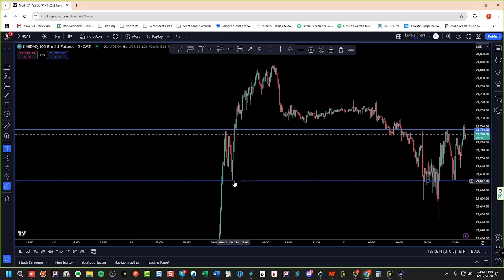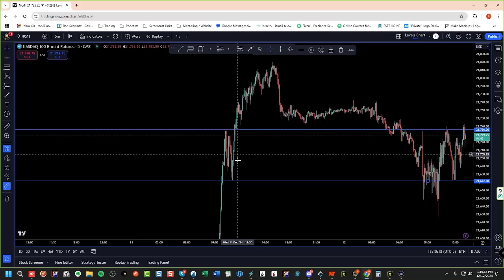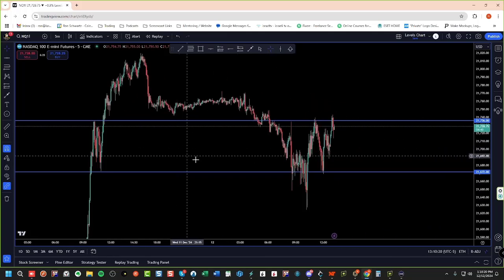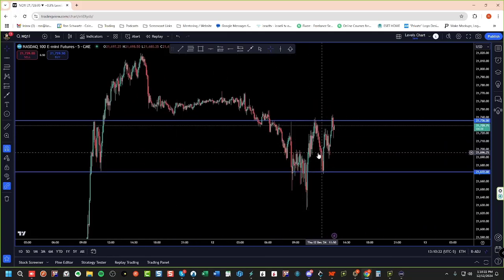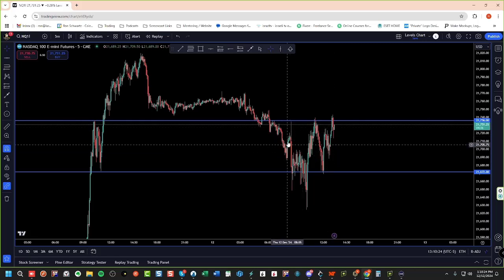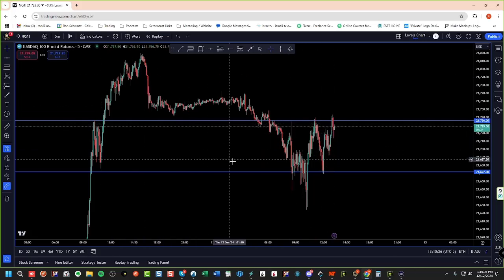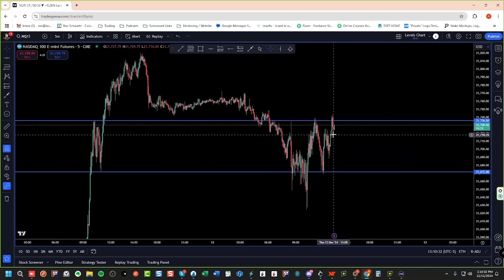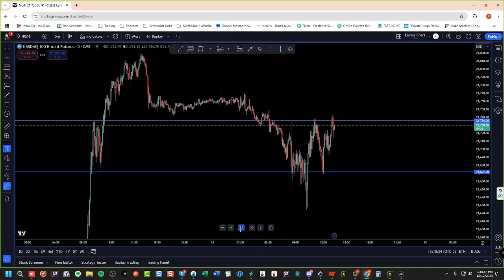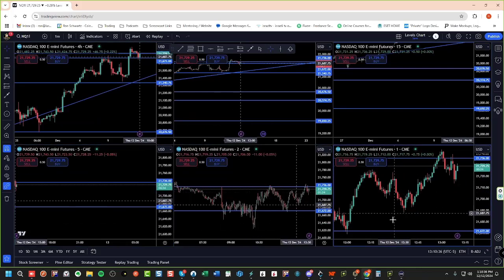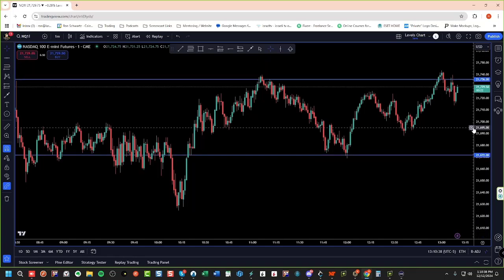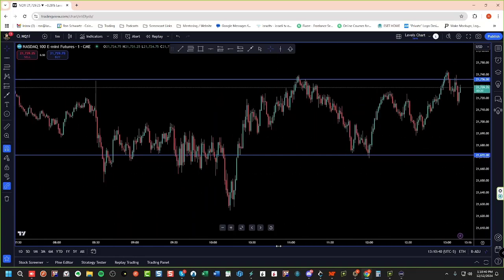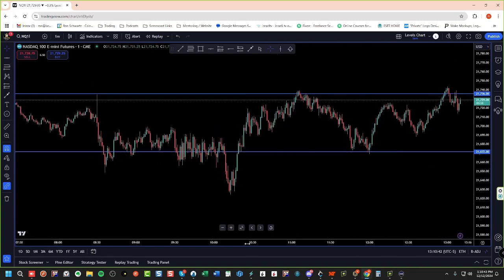Okay. See how we went up, retraced, couldn't break down, went back up into the zone. Doing the same thing here. So yeah, we have this zone in here. This is off the 5 minute. We got 1 touch, 2, 3, 4. This is live right now, right? And then if we go back to our 1 minute,